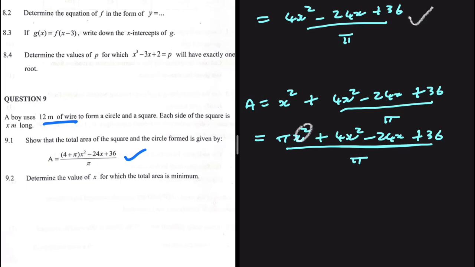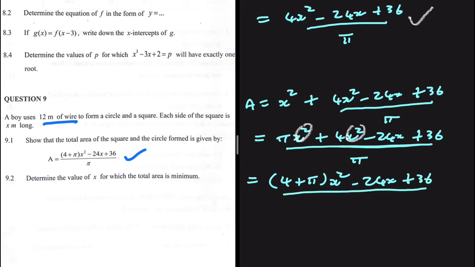I have x squared and x squared, which I can take as a common factor of those two terms and get the area being equal to (4 plus pi) multiplied by x squared minus 24x plus 36, everything divided by pi. And this is what I'm required to prove: the total area of the square and the circle formed. 9.1. Let's move to